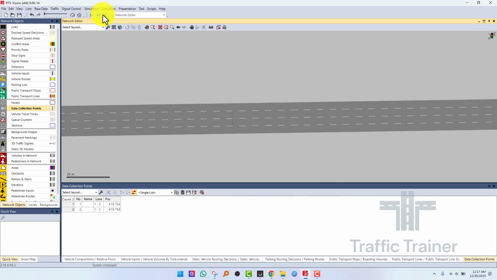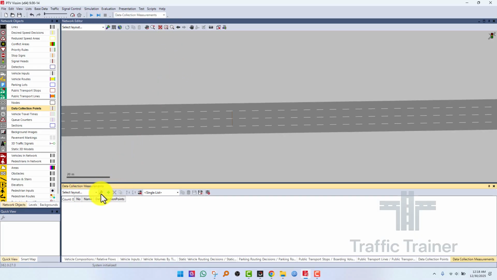The next thing you want to do is again go back to evaluation, and this time go to measurement definition. Evaluation, measurement definition, and in measurement definition you will go to data collection measurement. This is important because we want to measure the results of data collection points. Don't be worried if you don't see anything, because we have to add the measurement ourselves. To add a measurement, you can right click and add, or you can click this little plus button over here to add. So we will click it and add the points